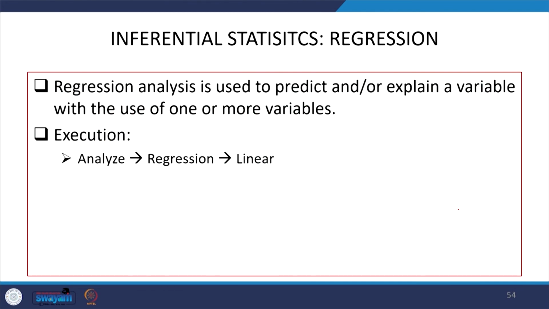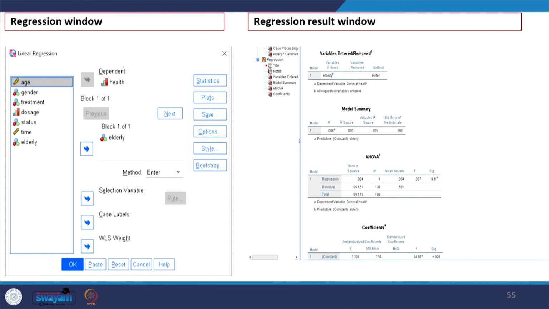Similarly, from the Analyze menu on the menu bar, you will get regression. You click on linear regression and you specify the variables. Specifying variables means in regression you are supposed to define your dependent variable and your independent variables correctly. Then if you click on the result with some statistics, that will surely give you the result correctly. Other details I am not guiding because of time paucity.